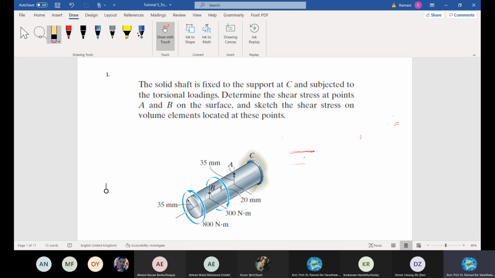Okay, so this is one equation. It's all in the slides. You can open and keep it because I cannot have too many things open here. Second one is the stress, the good old stress value. We denote shear stress by tau equals T times rho over J, capital J. Here T is referring to the torsional moment. Rho is the distance from the center of the member.